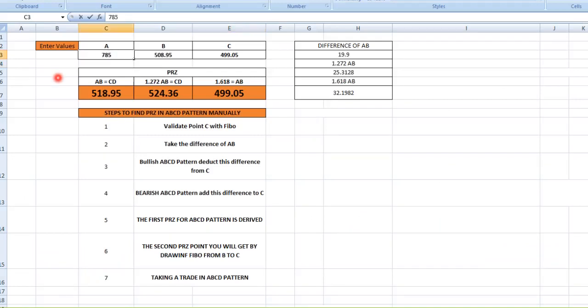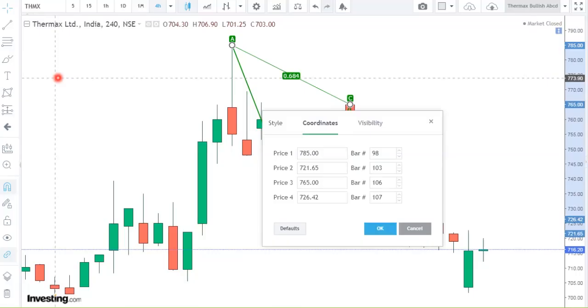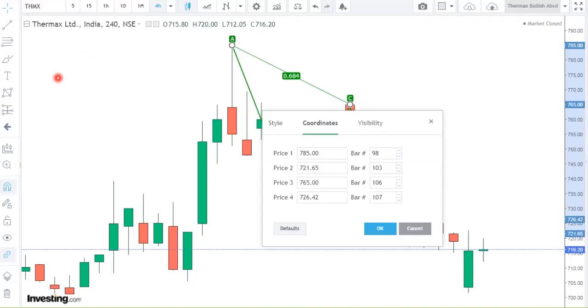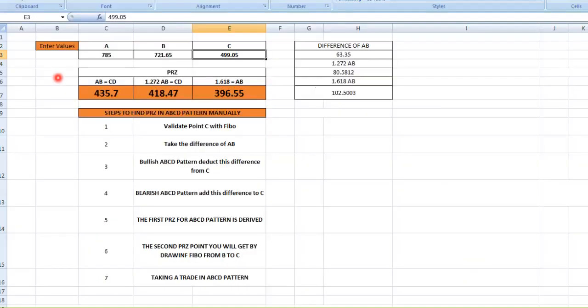It is 785, then 721.65, the C value is 765. This Excel sheet will automatically calculate the PRZ for all the three variations.